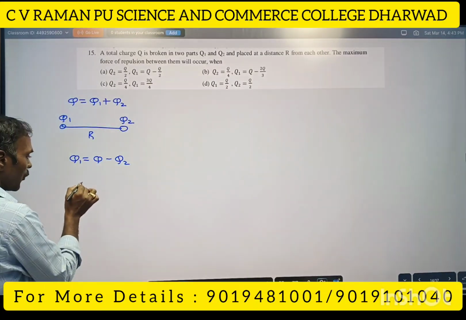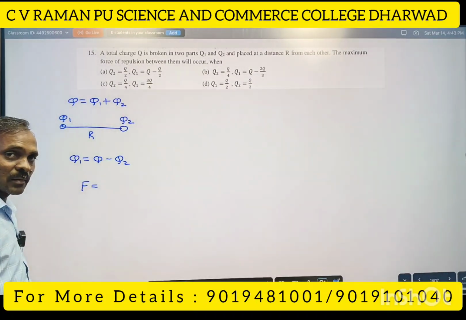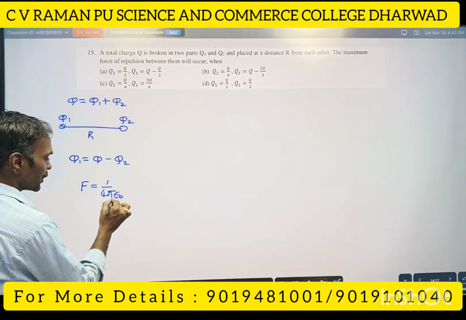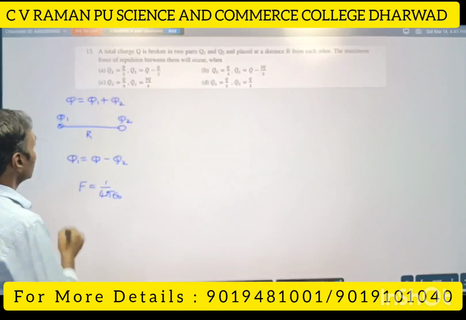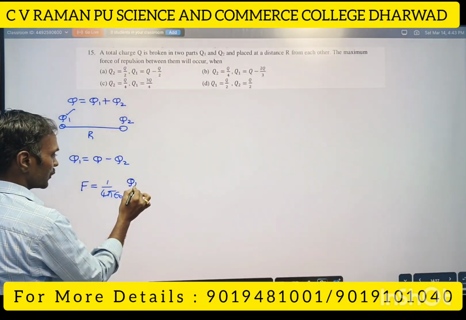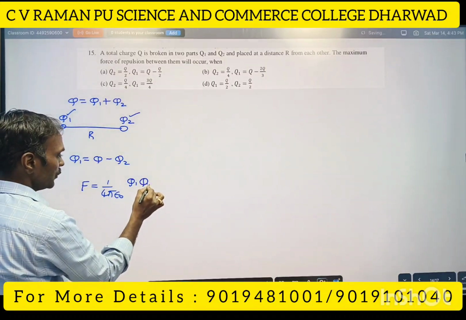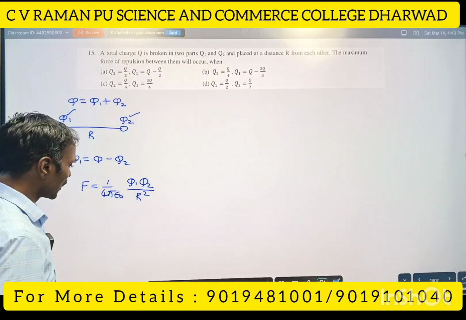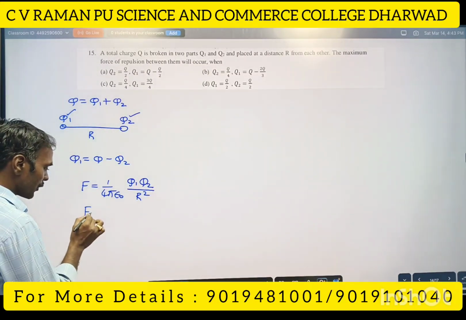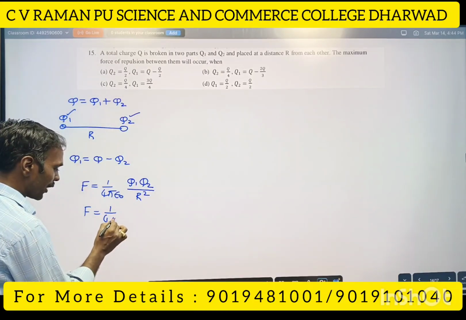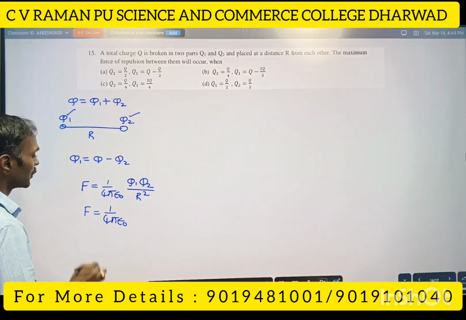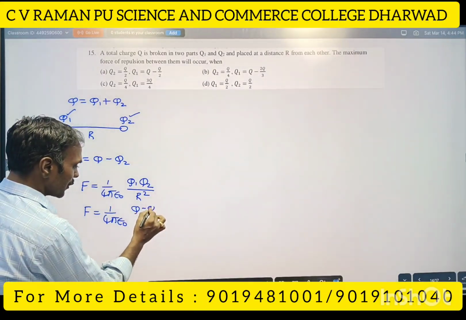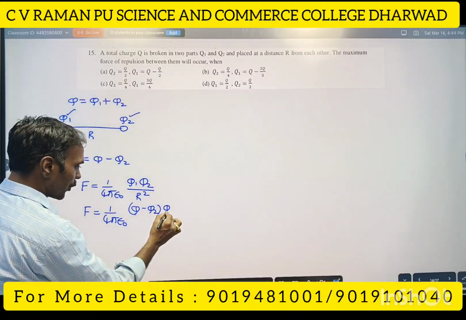Now let's write the force between these two charges. What is Coulomb's law? 1 upon 4 pi epsilon naught, product of magnitude of charges. One is Q1, another is Q2, and the distance between them is R square. For maximum force, further we need to substitute the value. I am substituting the value of Q1 here. Q1 is equal to Q minus Q2, into Q2